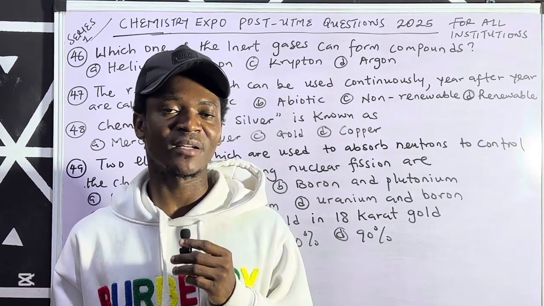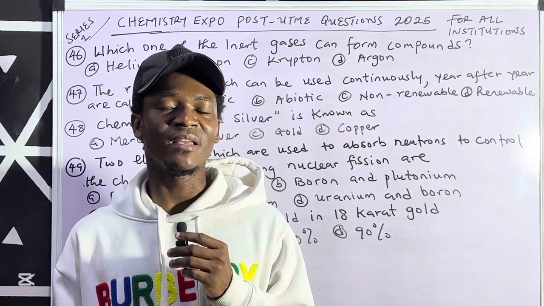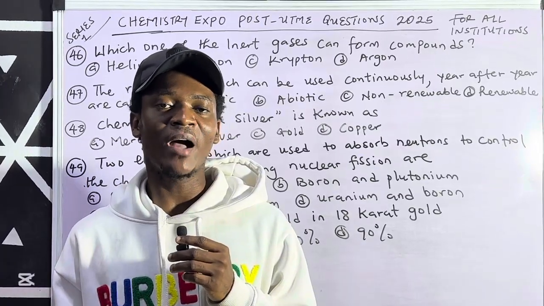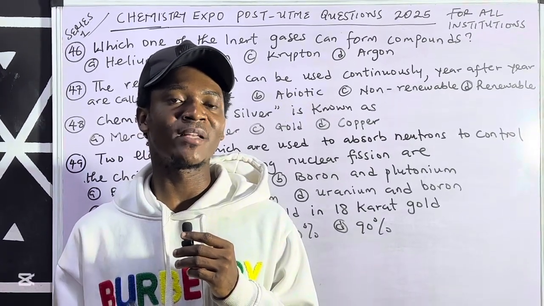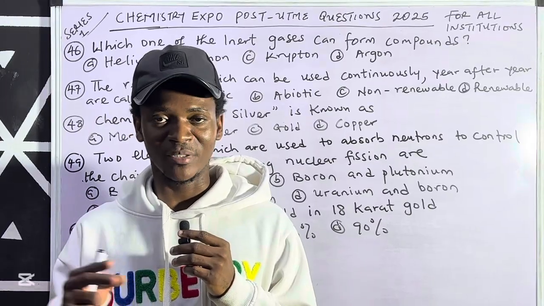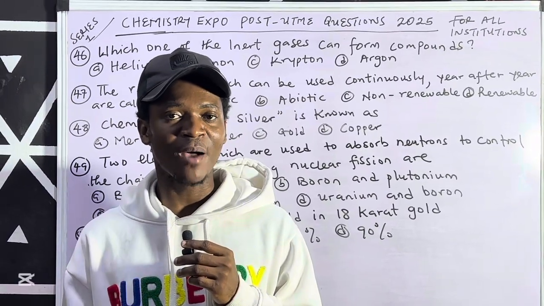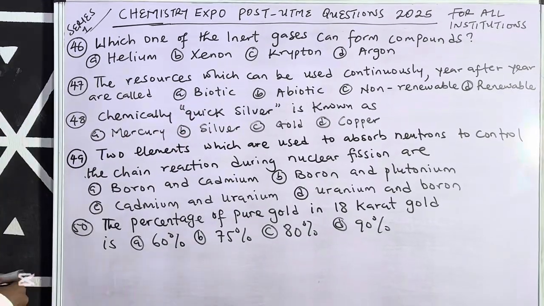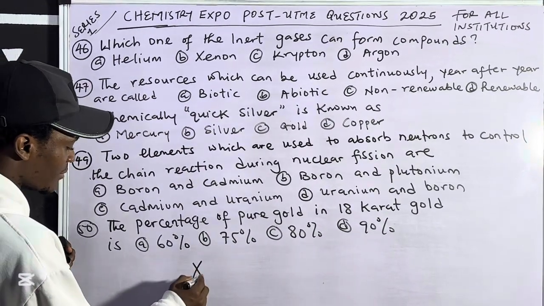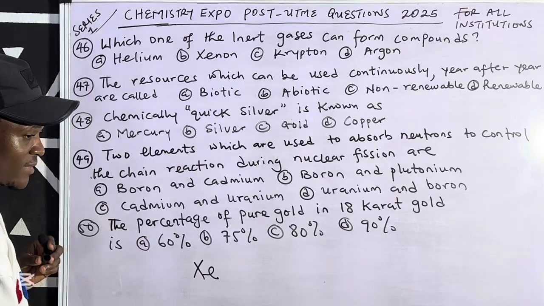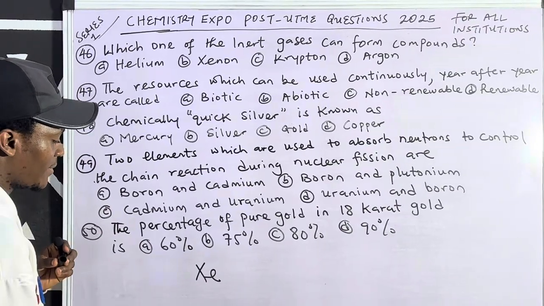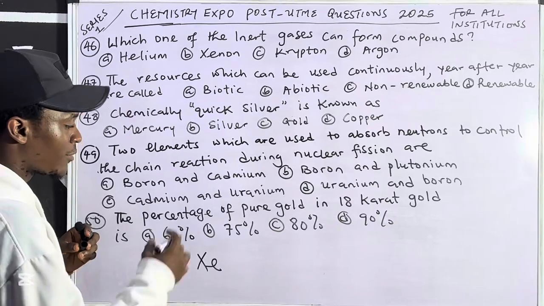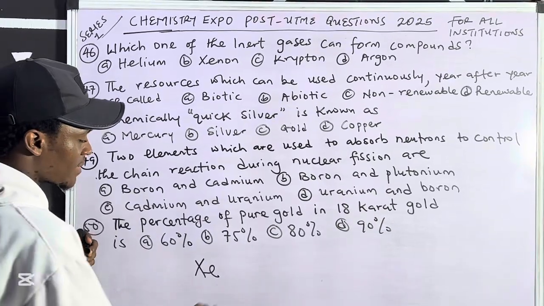It's because it has a large atomic size and a relatively low ionization energy when compared to others of the series, and it happens to be xenon. Now, xenon, Xe, is able to form compounds with